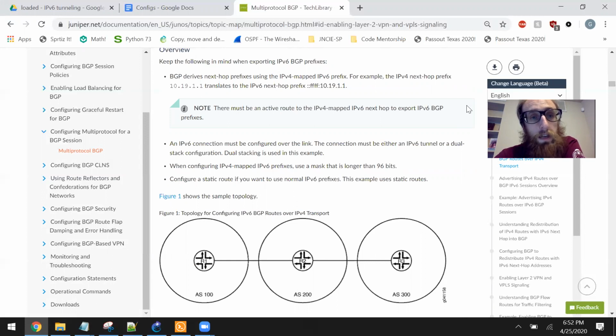IPv6 derives next hop prefixes using the IPv4-mapped IPv6 prefix. For example, the IPv4 next hop prefix 10.19.1.1 translates to the IPv6 next hop prefix ::FFFF:10.19.1.1. And that's interesting because